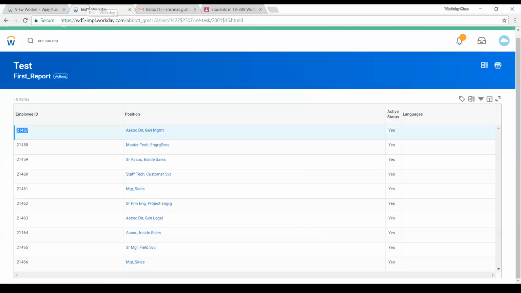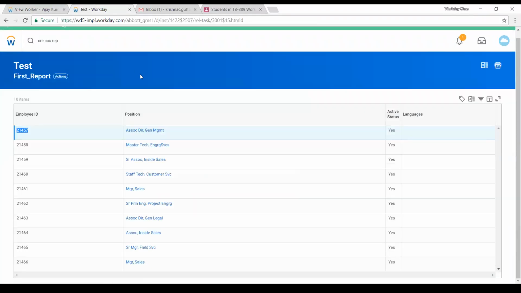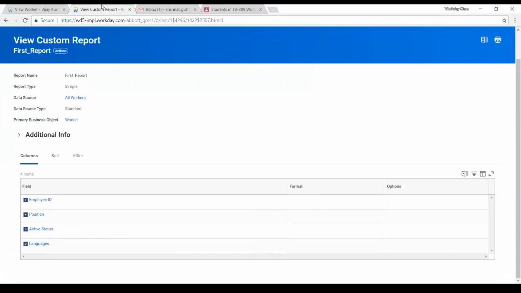How did Vijay end up here? His active status is this, and his position. If you see the position of that employee, it's associate director, general management, right? So this is a simple report. All I can do is look for an employee, look for his position, and give his active status, right? I don't see more options to do here, but if I create an advanced report,